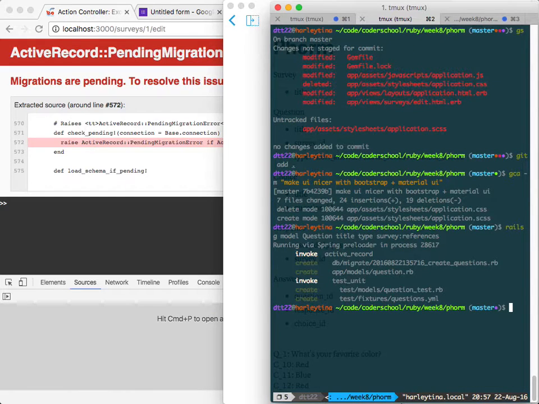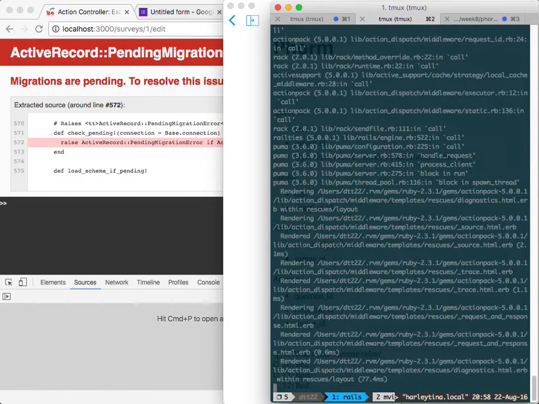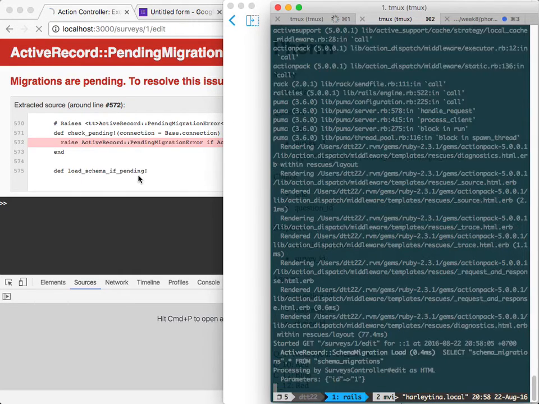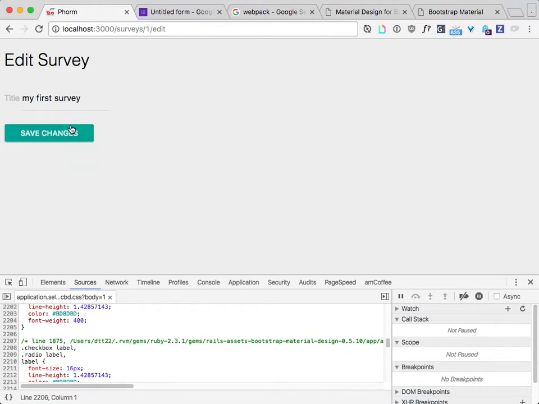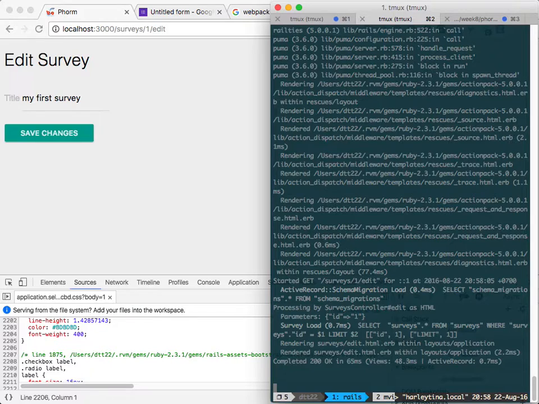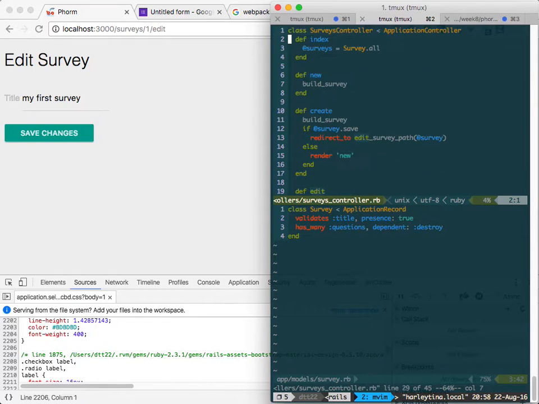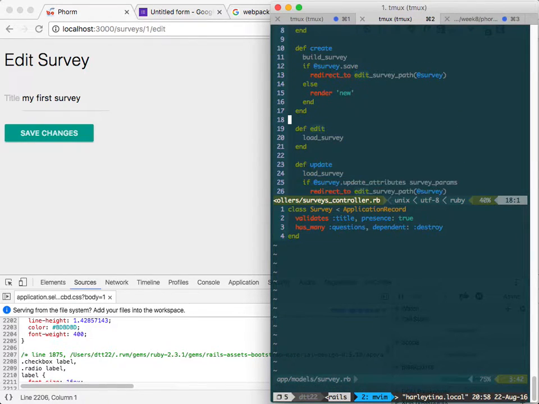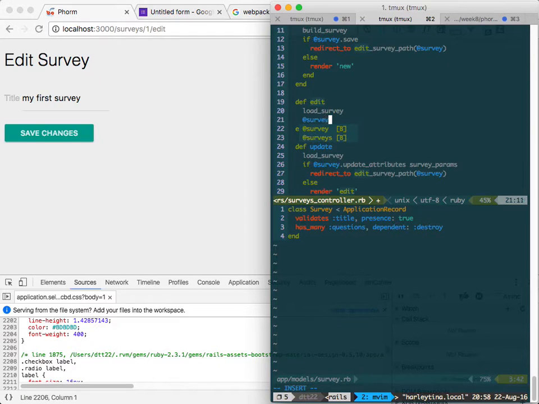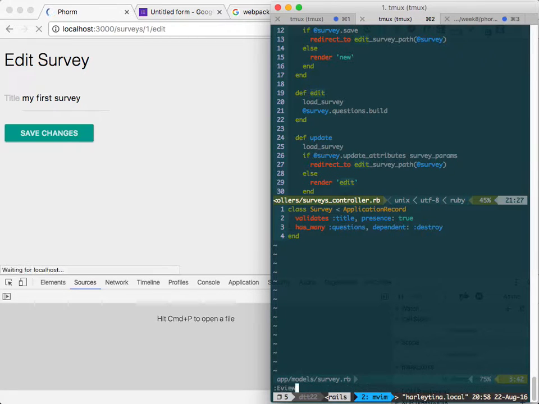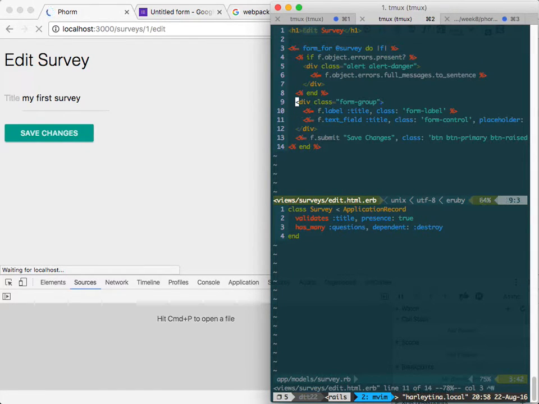So let's run the migration. rails db:migrate. This guy should be ready to go. Okay, so now we have to display questions. The form is to display questions. Who here has done a nested form? You can help me out. In edit here, you can say maybe if I have survey.questions, I'll just create an empty question. Yeah, I say build. If I go to this guy in edit,